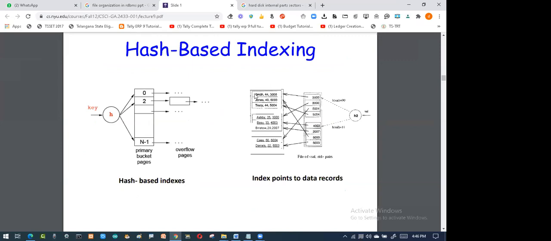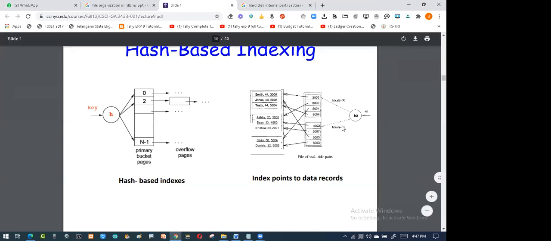I have this particular part: Smith, Jane, and Tracy. Now all of these come under the key called 503. Then these come under the key called 3000. These are the keys, or the amount, or something like that. 3000 rupees says that it's 3000 rupees. I am saying hash salaries of so and so. So it may be a salary, it may be a key, or it can be a value.